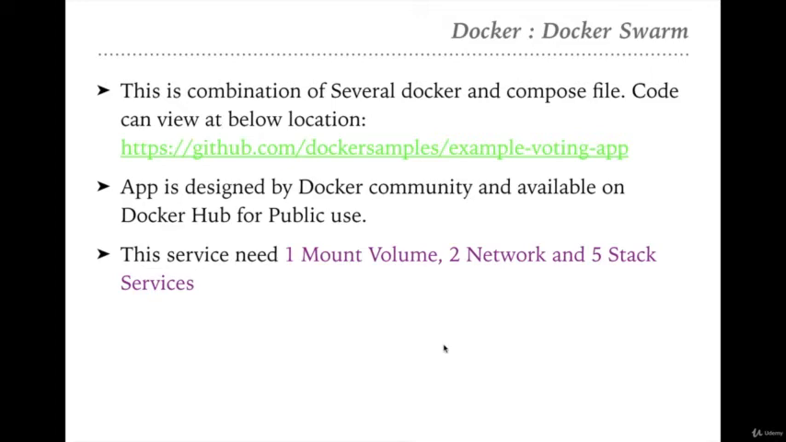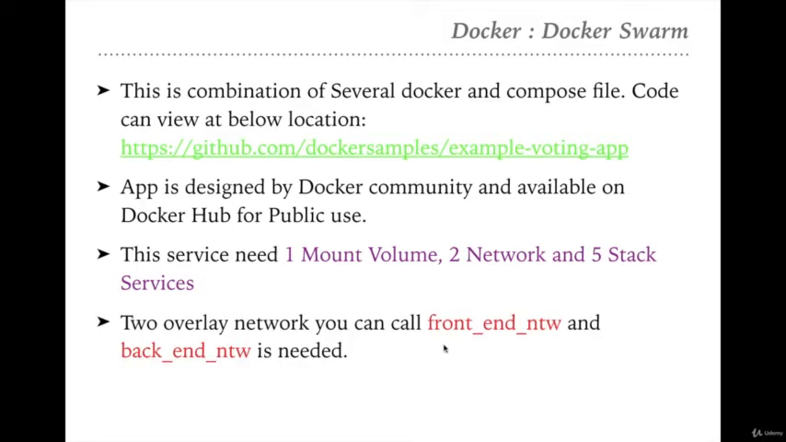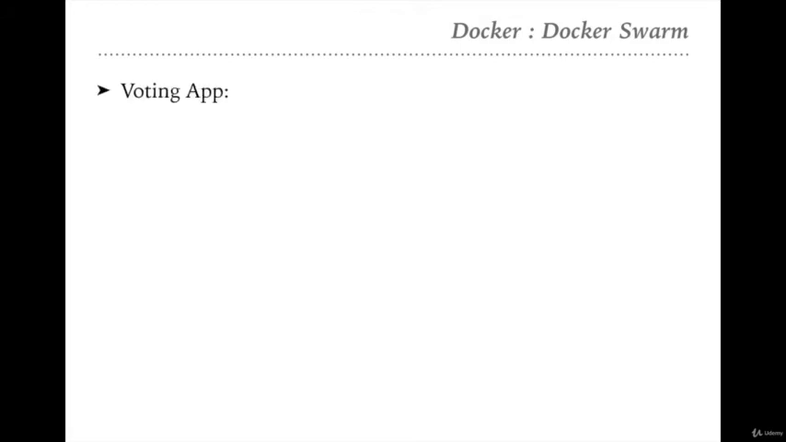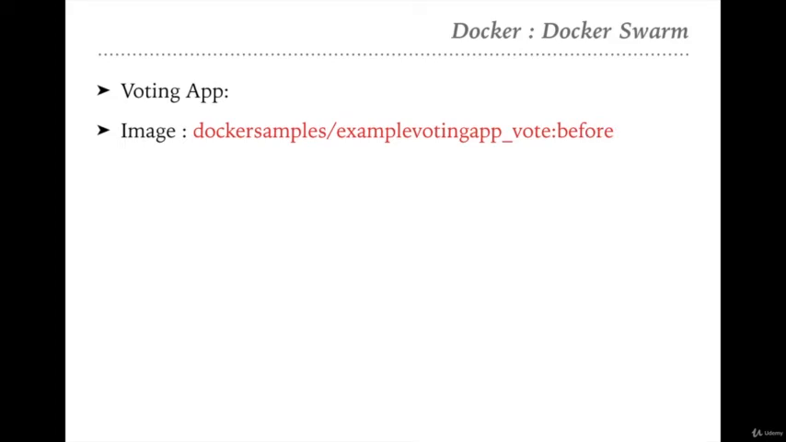So we need 5 stack services. First we will create the 2 overlay networks. We can call them frontend-ntw and backend-ntw, which means frontend network and backend network. Then first you will deploy the voting app, and you can download the image from this particular location: docker samples